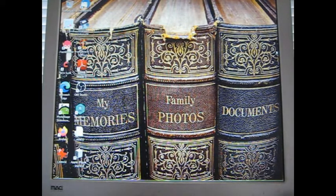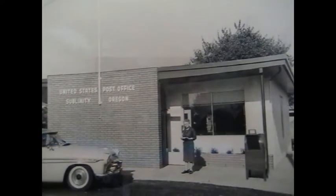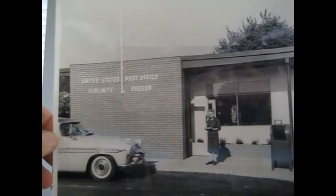Then this is a neat photograph here. This is also from Sublimity, Oregon. This has a 1950s automobile in front of it, and this is the old post office. United States Post Office of Sublimity, Oregon. This would be great in my postal collection,